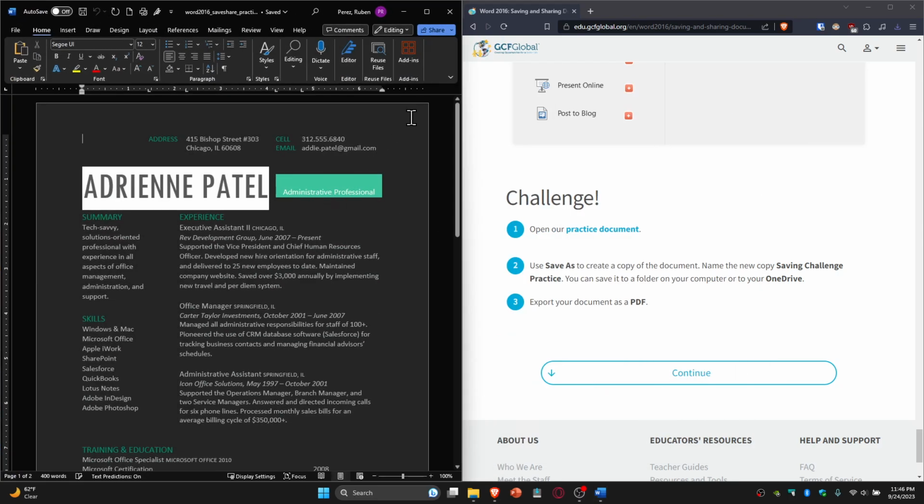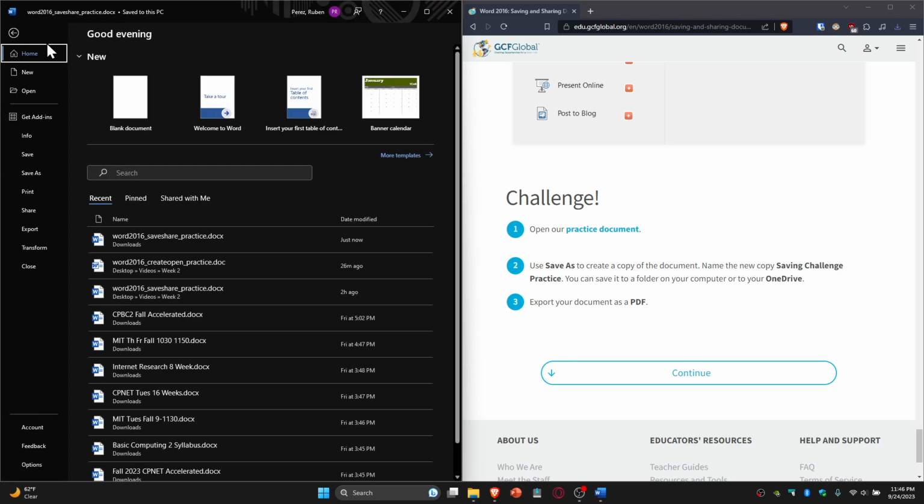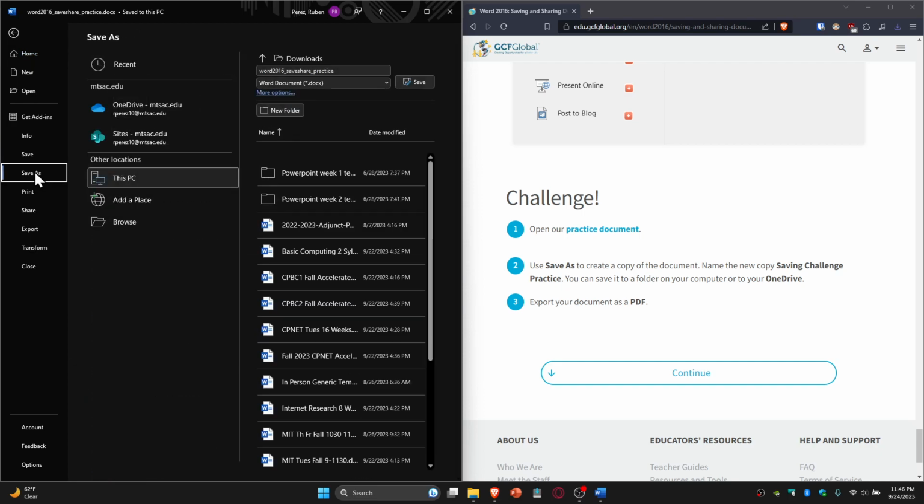It's going to ruin my orientation. And then we're going to get back to this view here. So Save As, it's wanting us to use Save As to create a copy of the document. Whenever we download a document like I did here, another reason why we want to use Save As is, like I've been mentioning before,